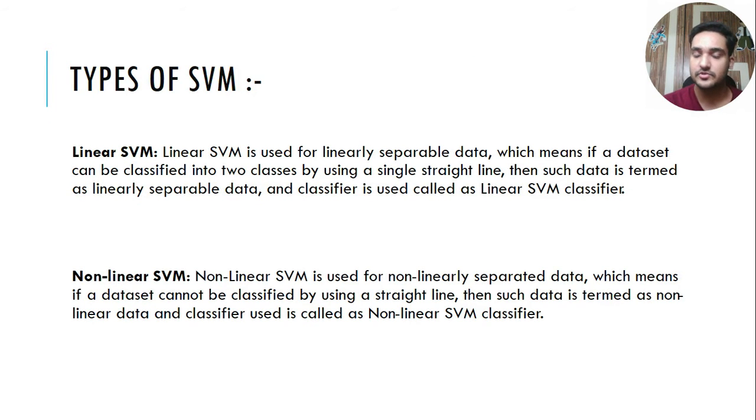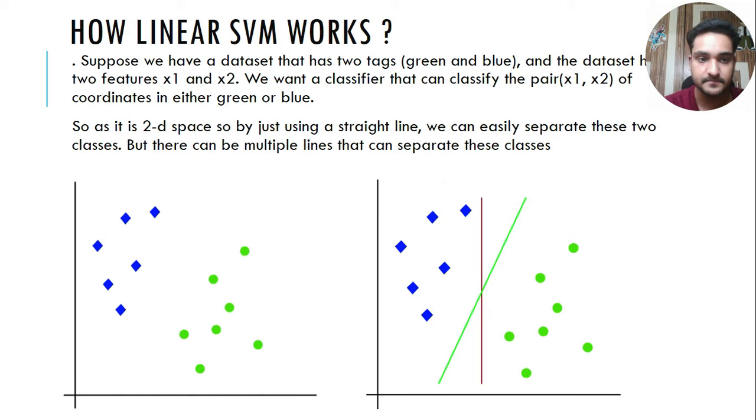There are two types of SVM: linear SVM and non-linear SVM. Linear SVM is simple, as we saw just now, where linearly separable data can be divided into two halves by using this algorithm and giving the most extreme margins. In non-linear SVM, the data is non-linearly separable and we have to adopt different dimensions to separate it.